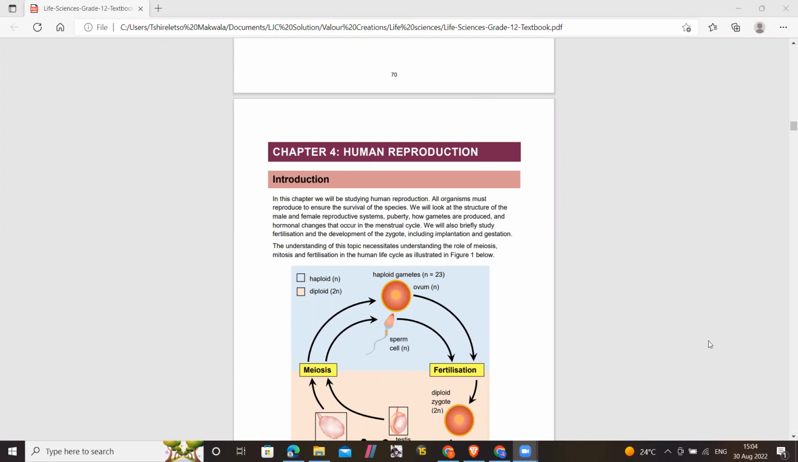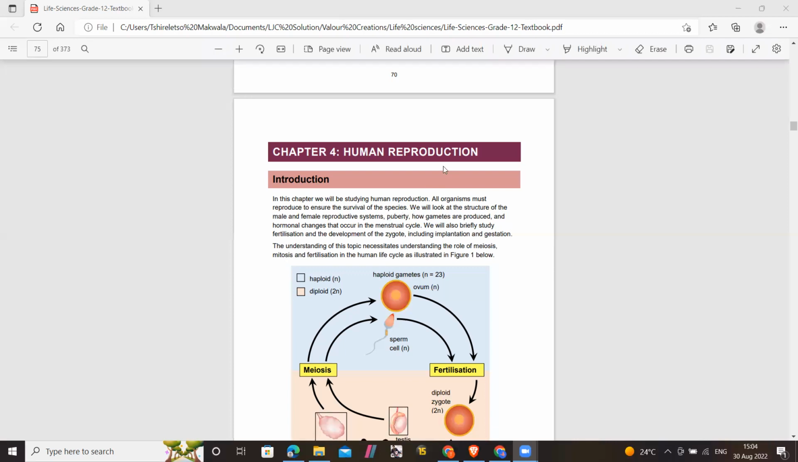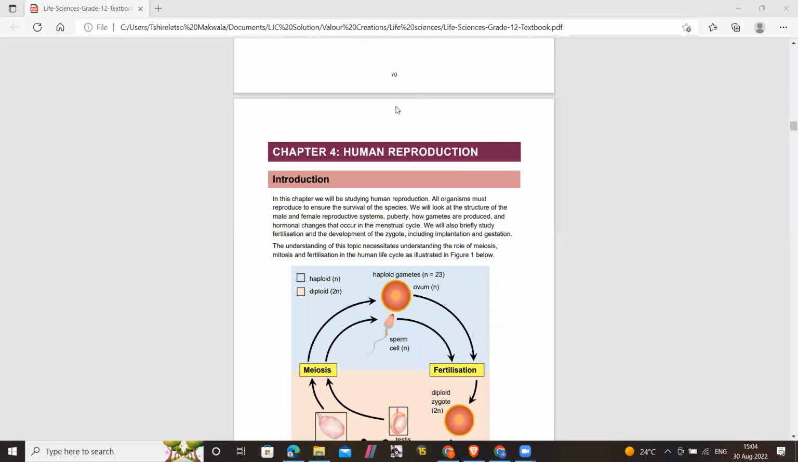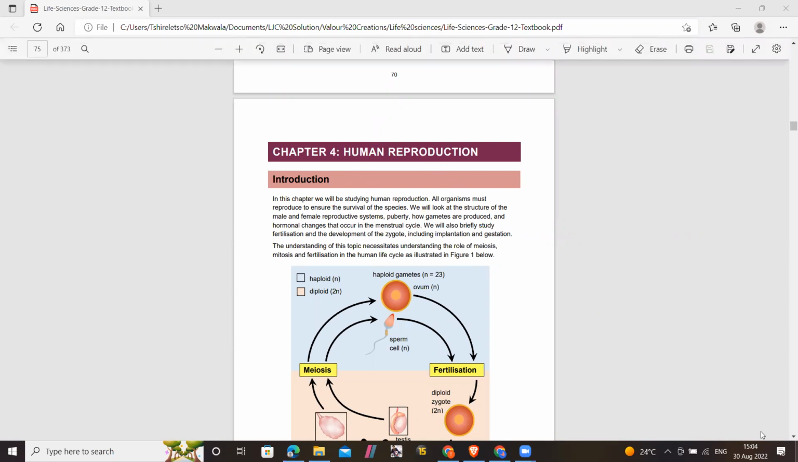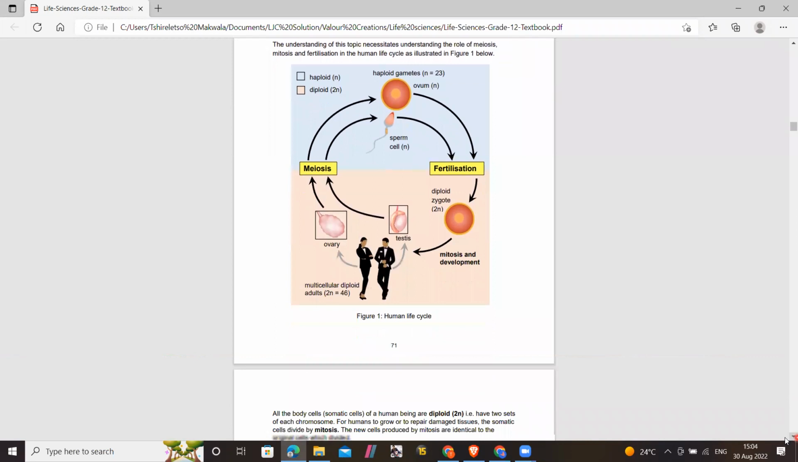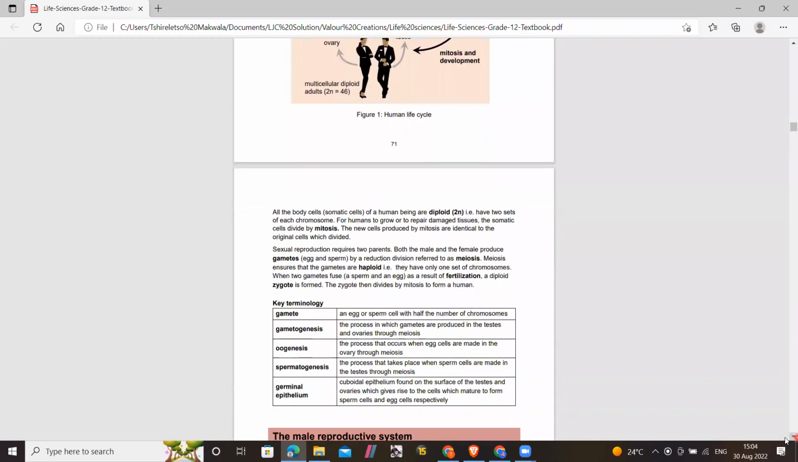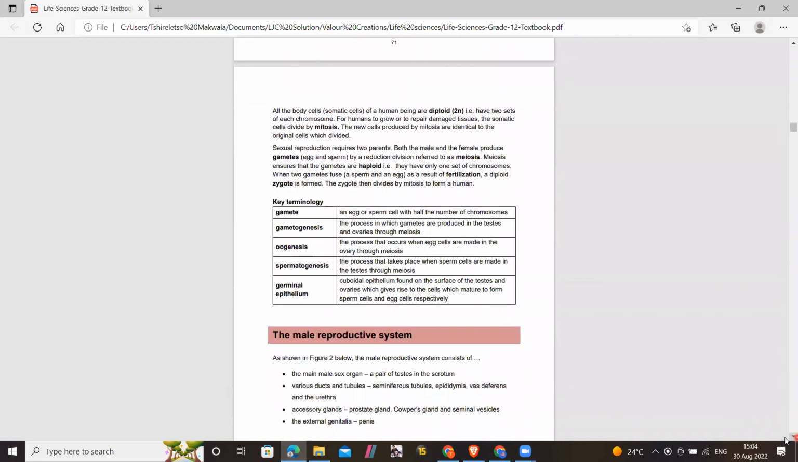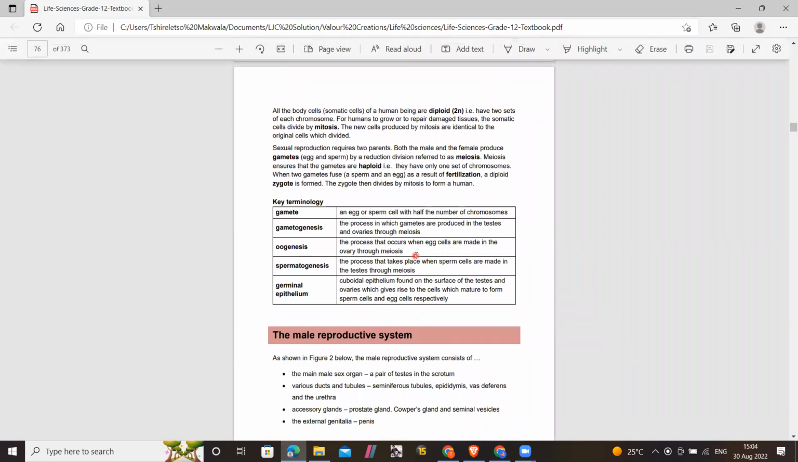So all of this we know, basically, that organisms reproduce so that they are not extinct, right? To ensure the survival of the species. That's why we reproduce. Even us as humans, we reproduce because the human species has to survive, basically. And then all of our body cells,